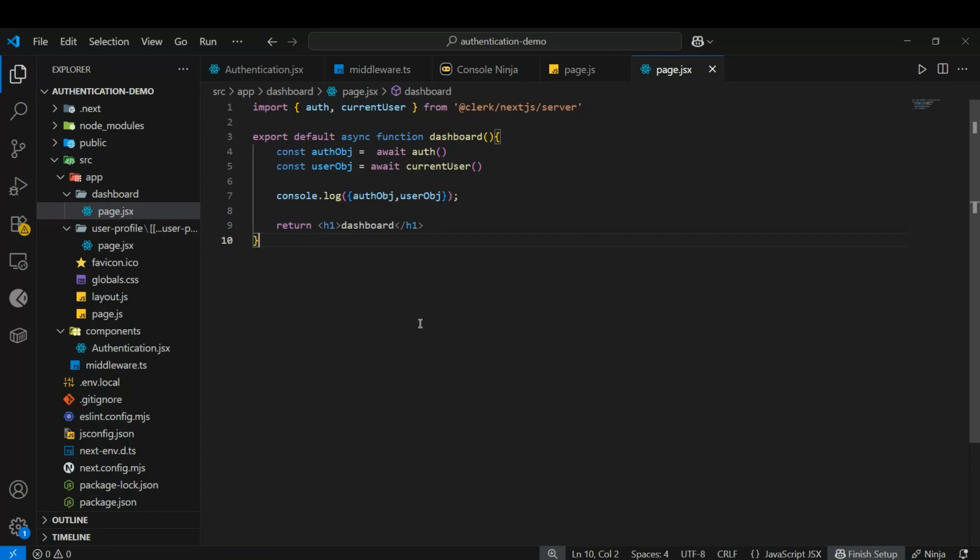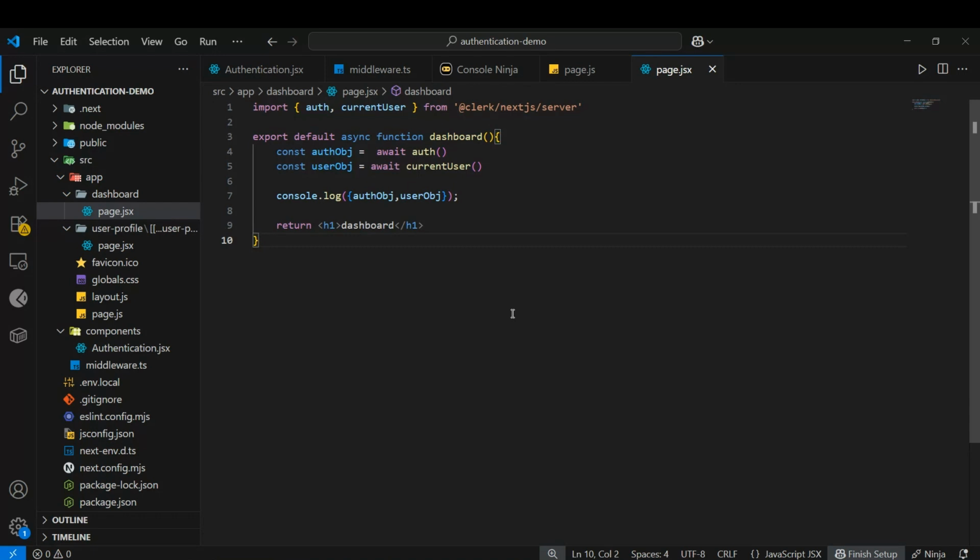So if we want to use them on the client side, how can we access the session data and read user data in a client component? This is the example of how we implement it on the server side, in the server component